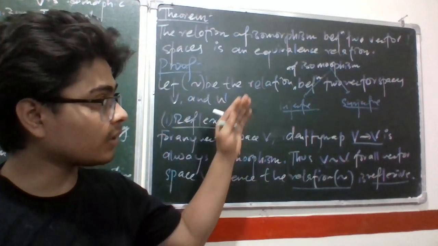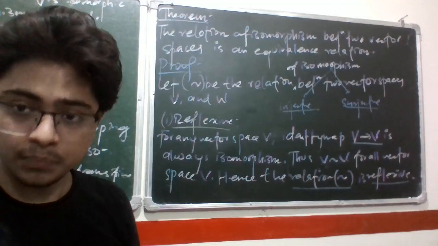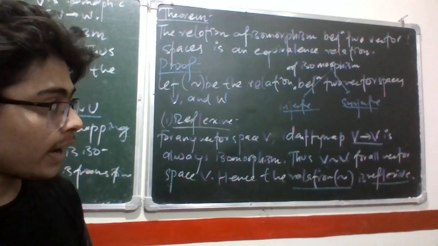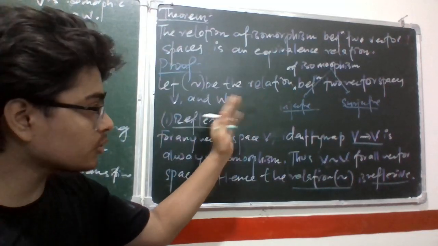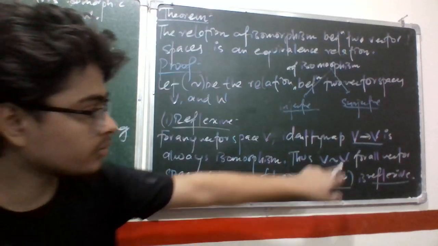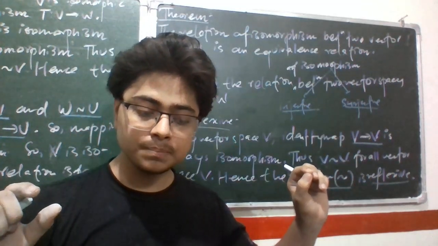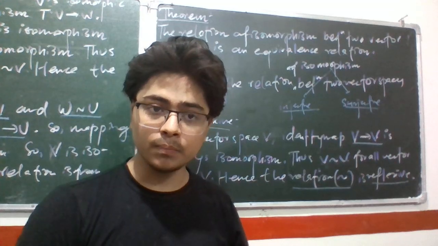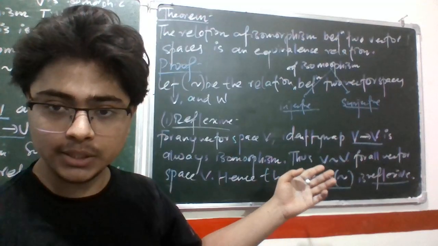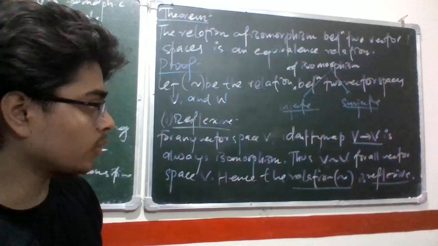So let's see. Now our first initial guess is that this is isomorphic. So we have to show the equivalence relations. For the equivalence relation, the first one is reflexive, and to show that this isomorphic relation is also a reflexive relation, we consider an identity mapping of V to V. Now, since V is mapping to V itself, it is injective as well as surjective by definition. That's why we don't have to talk much about its isomorphism characteristic. But for the reflexive characteristic, we can say